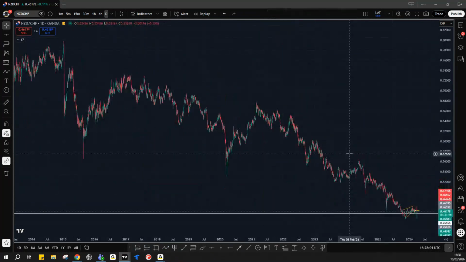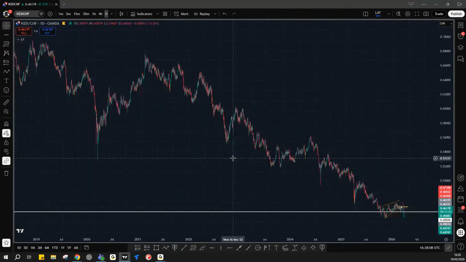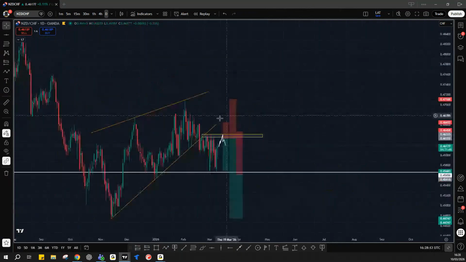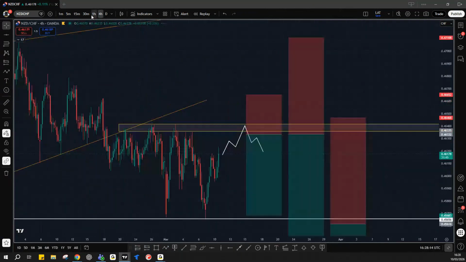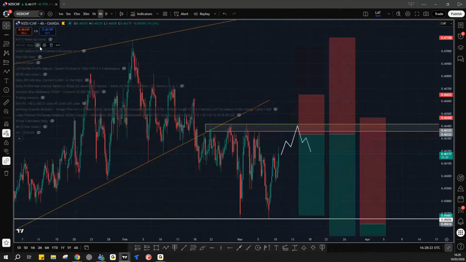Again, downtrend, very long term. This is 2014, massively long term downtrend we've got going on here. So for now, obviously, wouldn't really want to go against this. Wouldn't really want to try to fight that trend. So any one of these three options could be what we're looking for.